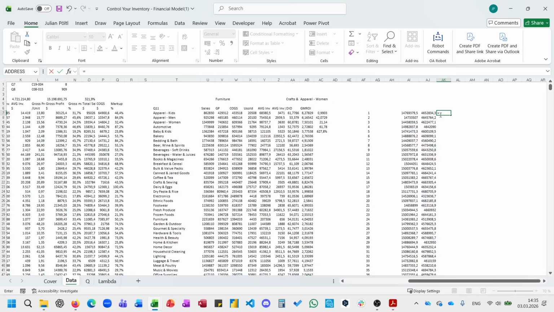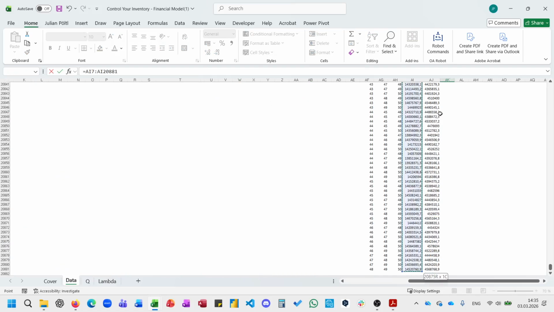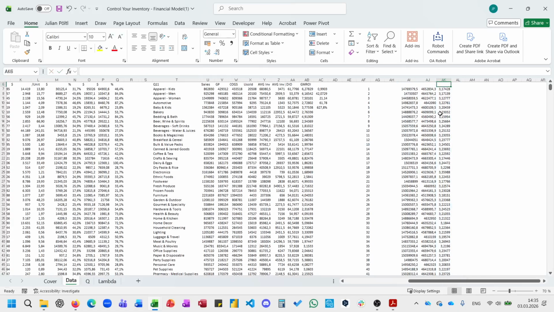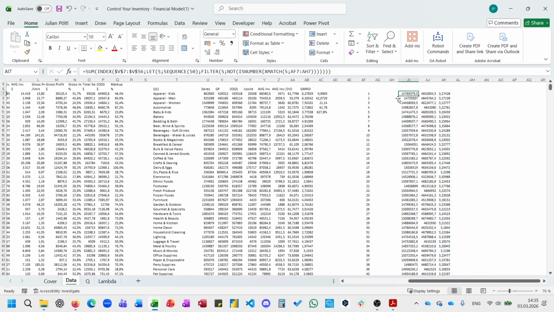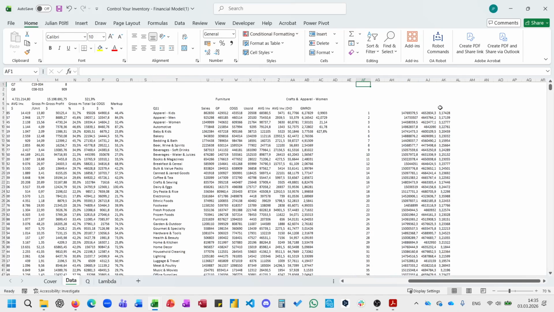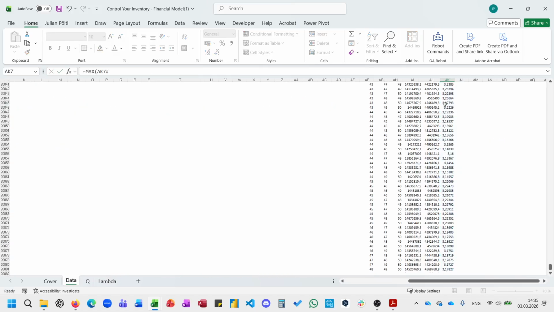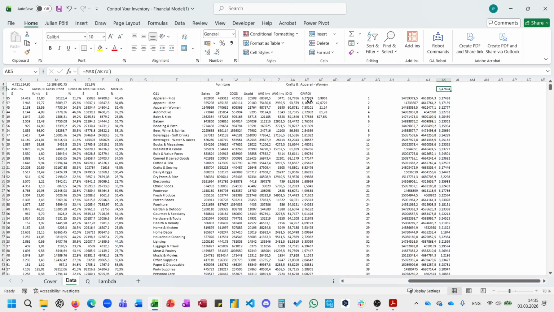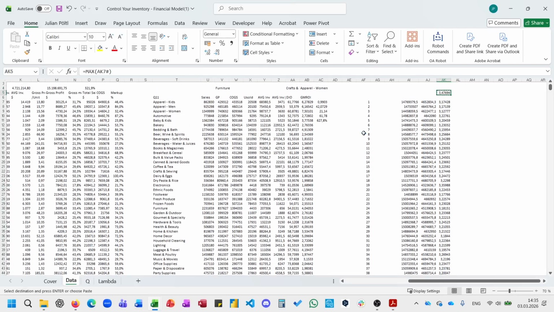And then the GMROI is gross profit divided by average inventory. So this divided by this. And PERMUT, or here, how is it named? Permutations array only gives you all permutations of those numbers. And then equals max. So my answer was